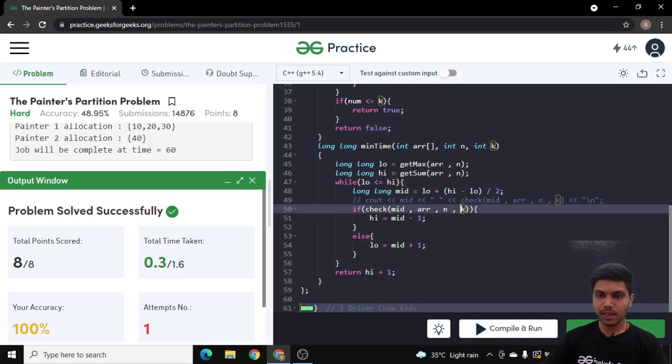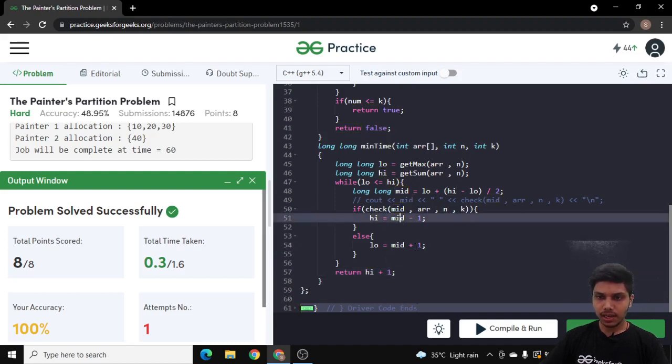If it is possible, then I will check for lower units of time, so I will change my high to mid minus 1. If it is not possible, then I have to check for higher units of time, so I will change my low to mid plus 1, and in the last I will return high plus 1.